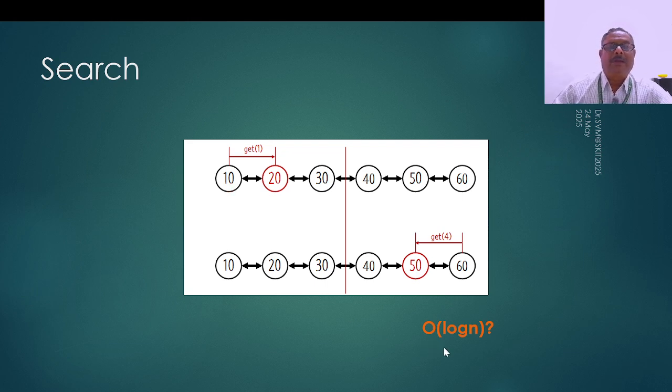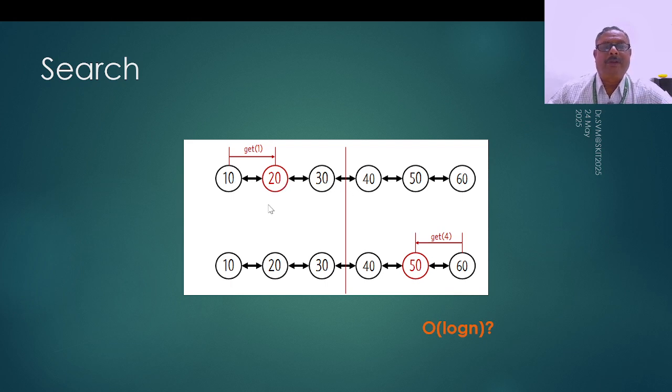And can this search operation be completed in order of log n? That was a common question asked, and the answer is definitely no, because what we are doing is we are moving one step